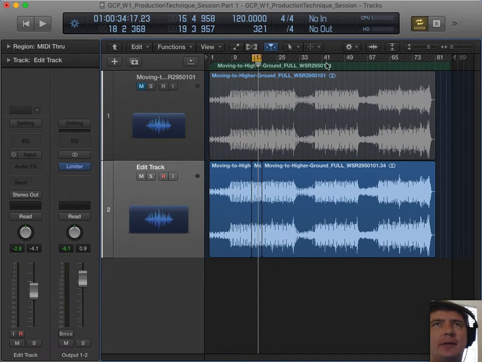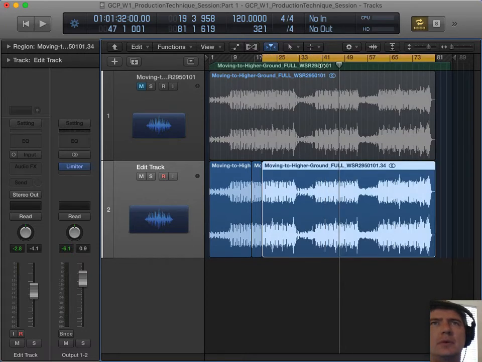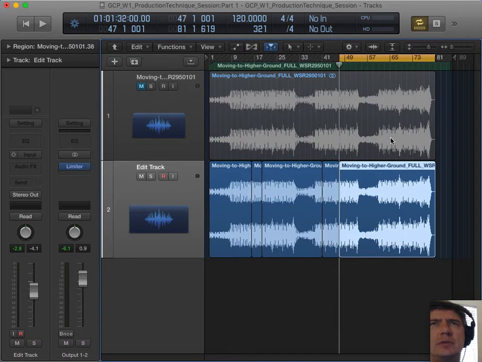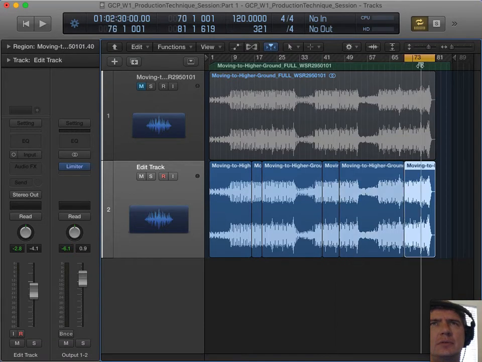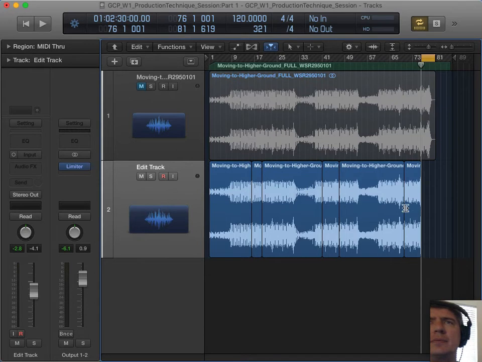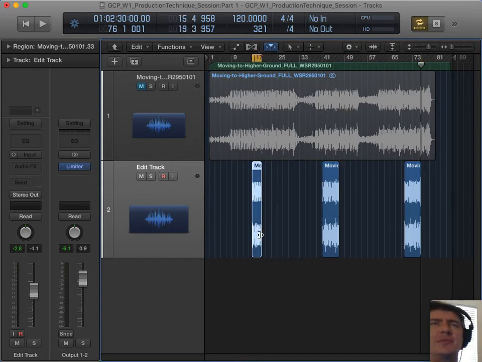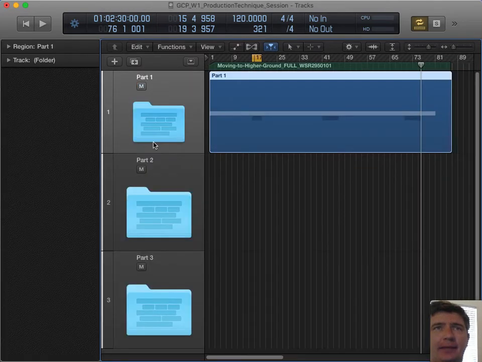I'm going to completely cheat here, but eventually this might be what it looks like. Split. You might have something like this where these, of course, would be perfectly edited loops, but you have a first one with a lower intensity, then a medium intensity, and a higher intensity. So that's the first technique of just basic file editing.